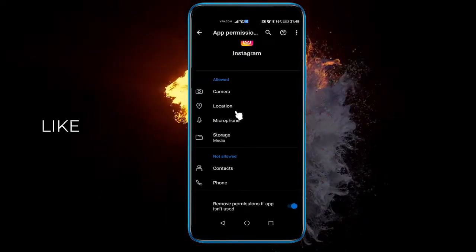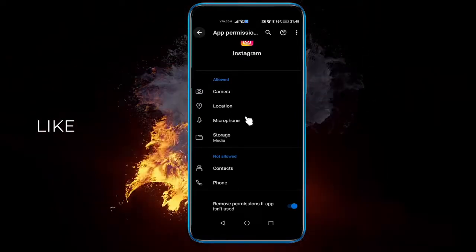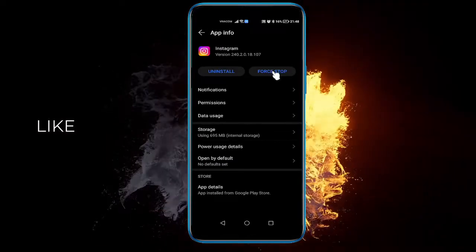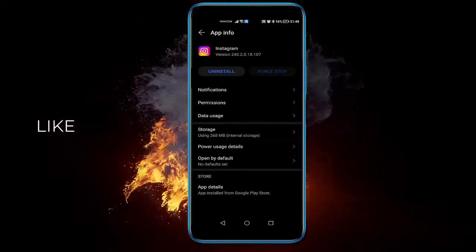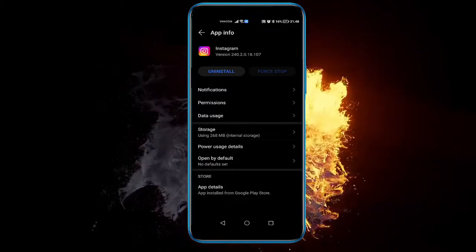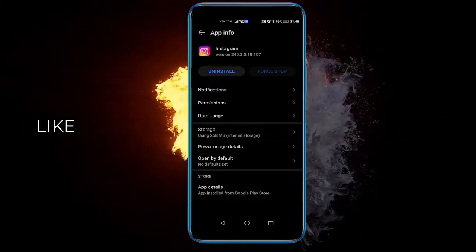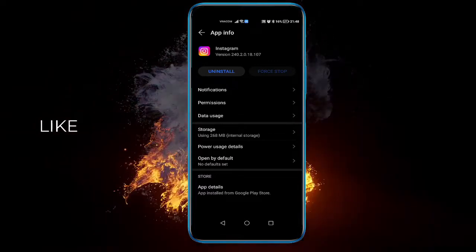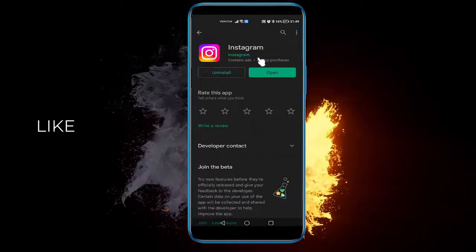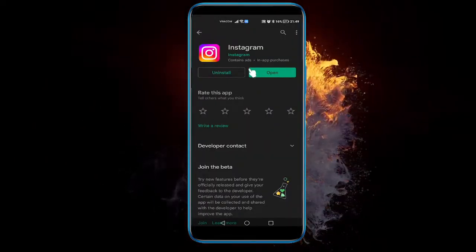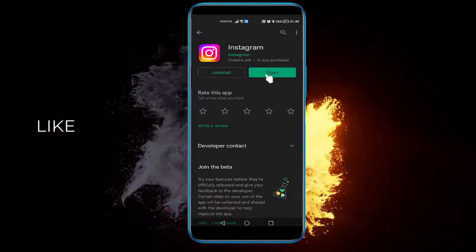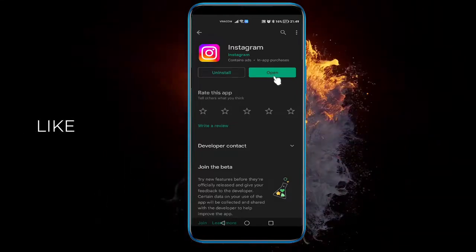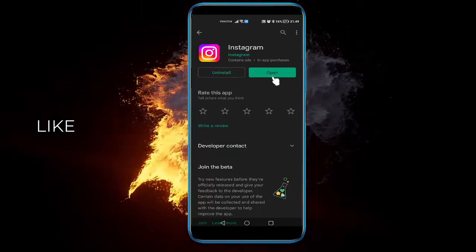So that should be turned on, but if this isn't working, you can force stop the application and boot it up again to see if it's going to work. Basically a hard restart. And as a final alternative, you can do the following. You can go to Google Play and see if you need to update your Instagram. Here it should say open, but if it says update, update it and then open it and the problem should